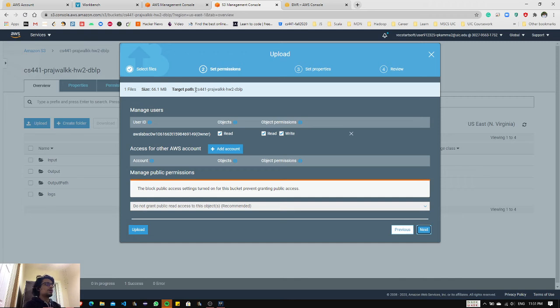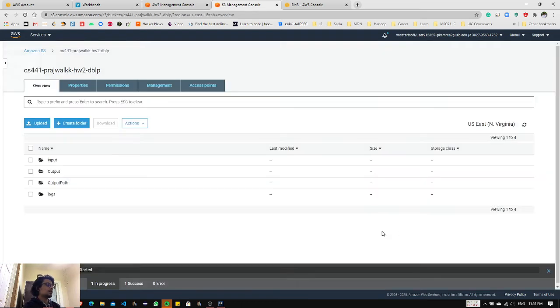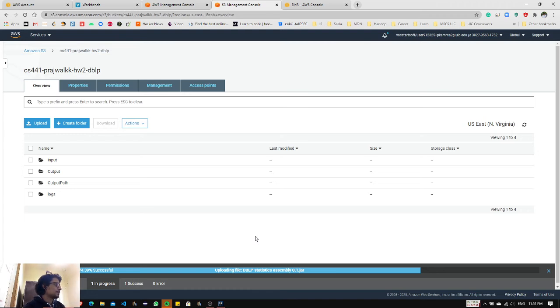It asks if you want to change the access. I'm just going to keep it default. Go next. Nope, not going to change anything. Then upload. It's a 53 MB file, so it's going to take some time.